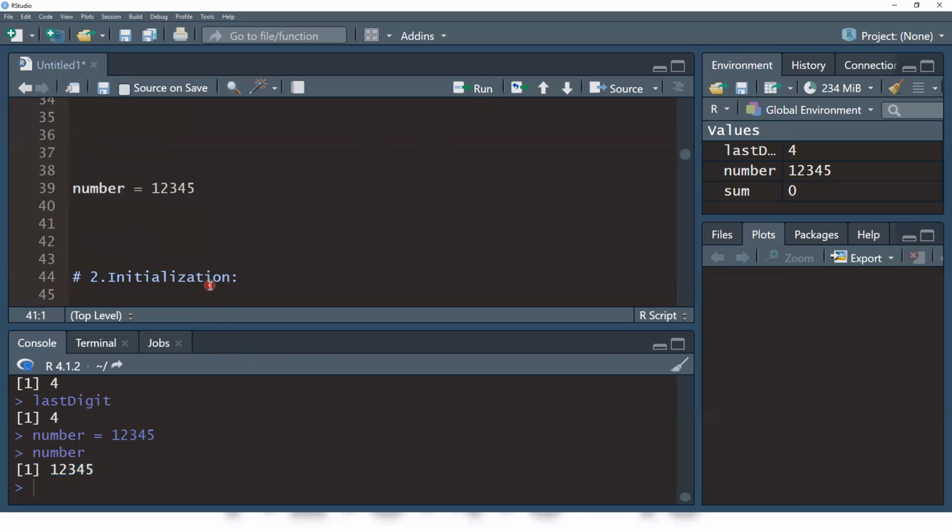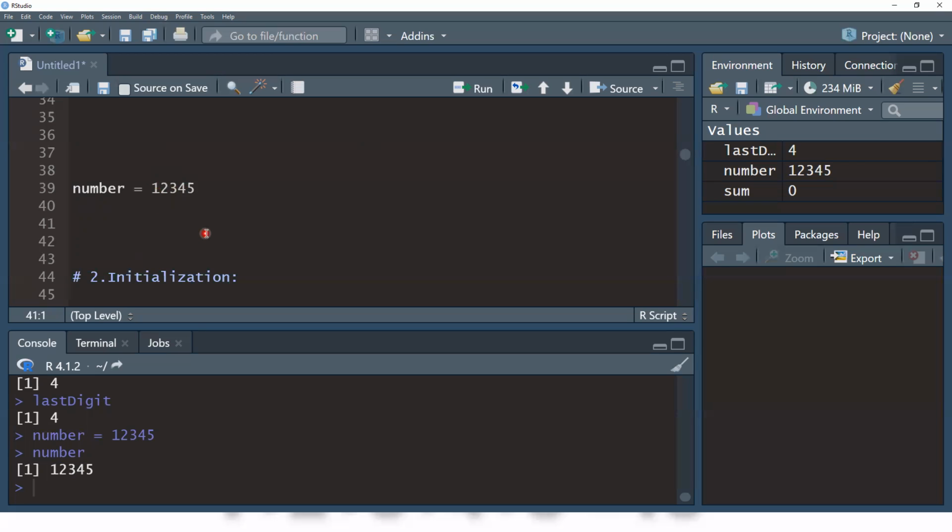Now, next thing, we need to initialize something to save all those digit values. We are going to collect one digit at a time backwards. That means we are going to collect 5 first, then collect 4, collect 3, collect 2, collect 1.